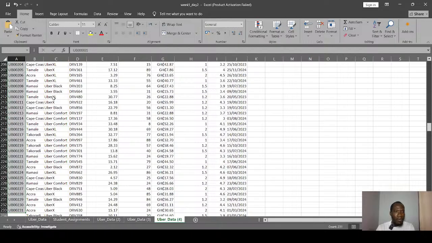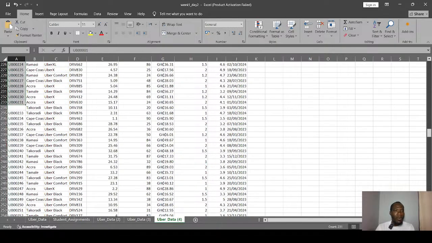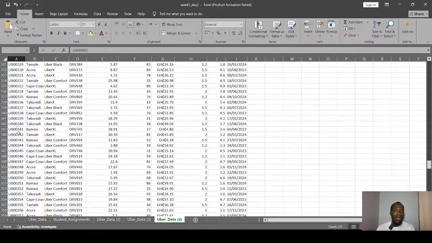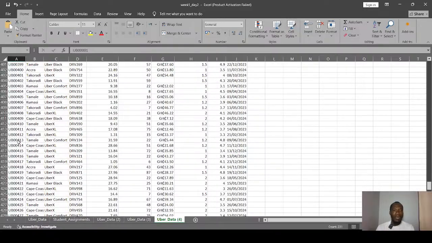Control Shift down arrow, and we think we are done. Meanwhile, we've left all this data, so the answer you provided is going to be incorrect.